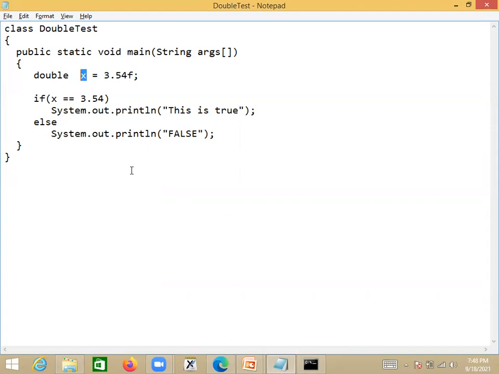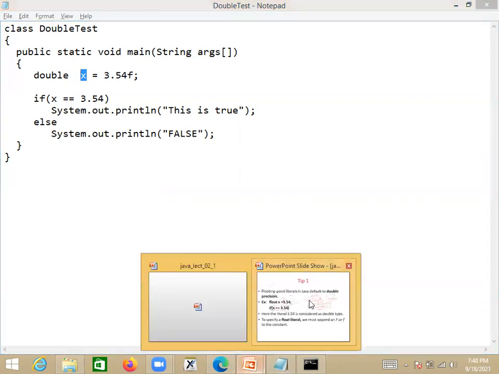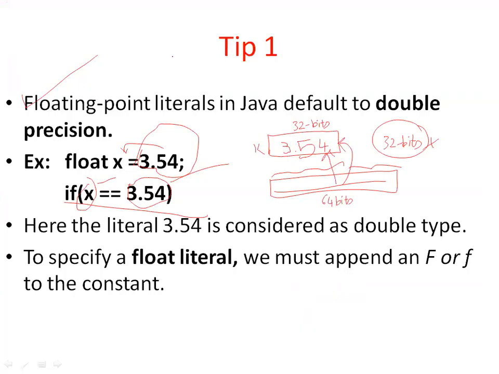Now I'll demonstrate in terms of a memory diagram. X is double type, so how much memory is allocated for X? 64 bits of memory will be allocated, since it is a double. And 3.54F, a floating point type, is stored in 32 bits.